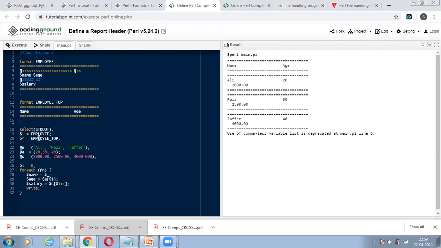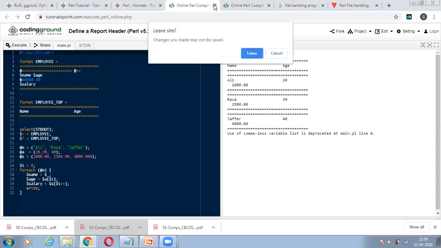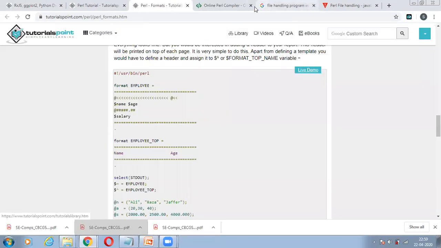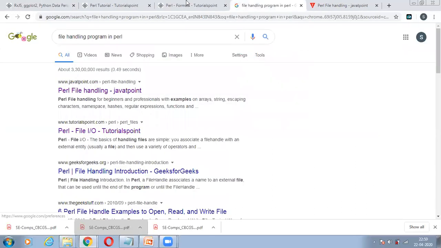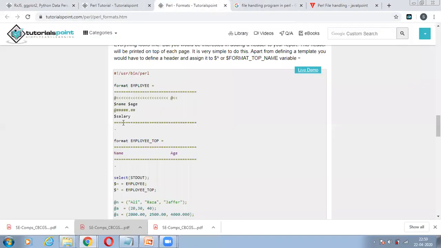Employee should be there, so here it should be the employee thing. And then further on, by simply applying the loop, you can see how the format is being printed. So it is a kind of beautification facility provided by Perl programming, so that you can easily understand the concepts related to the software.